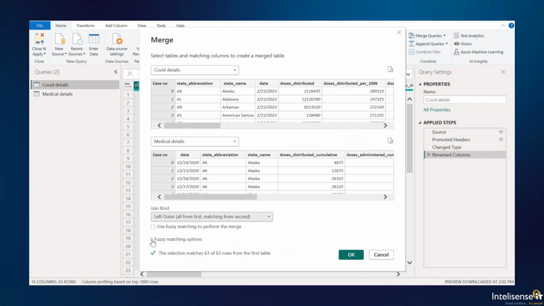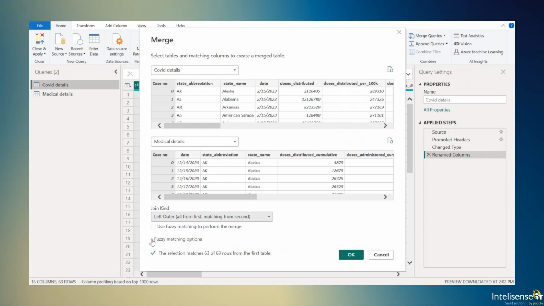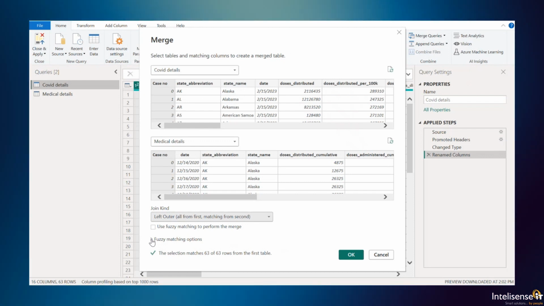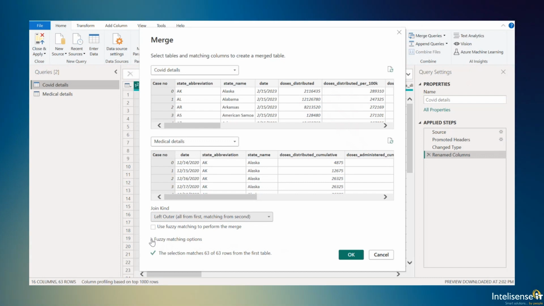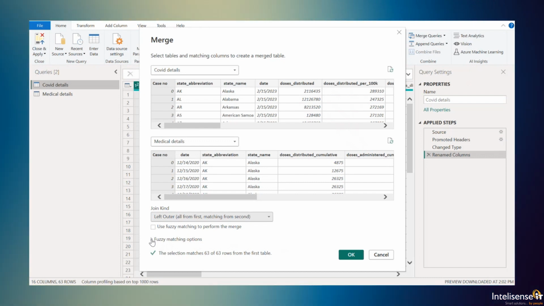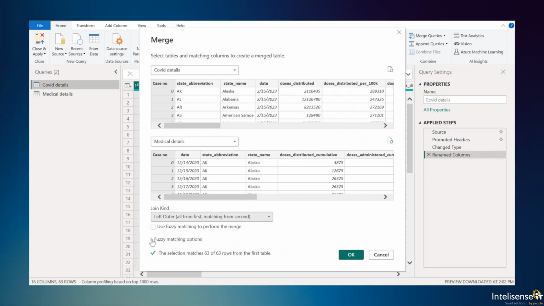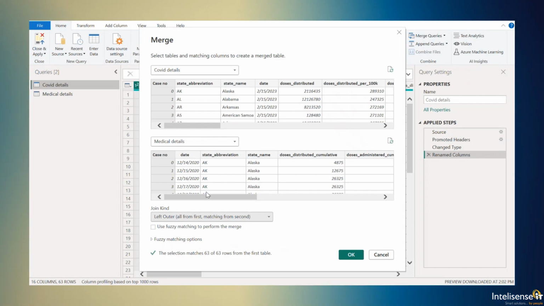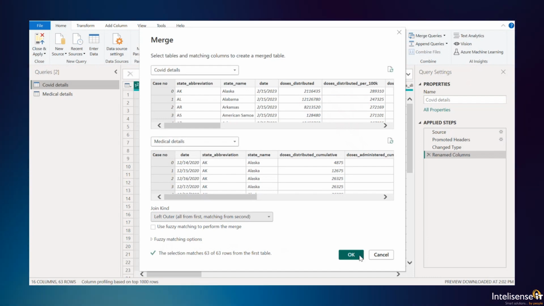And Power BI also has this powerful function of the fuzzy matching option. This is mainly used when we don't have exact matching but we have some similar matching between these two columns. At that point it will automatically check for the similarities of matching between two columns from different tables. For this demo I'm not using that. We have already mentioned the join kind and all the details. Now if I click OK,